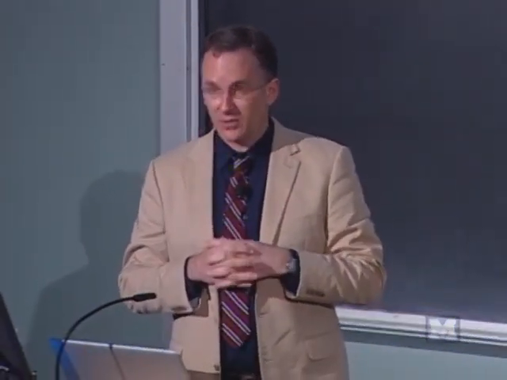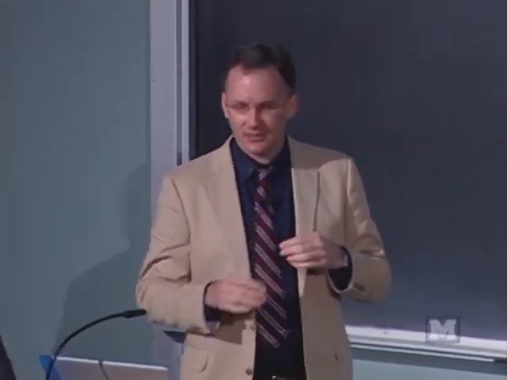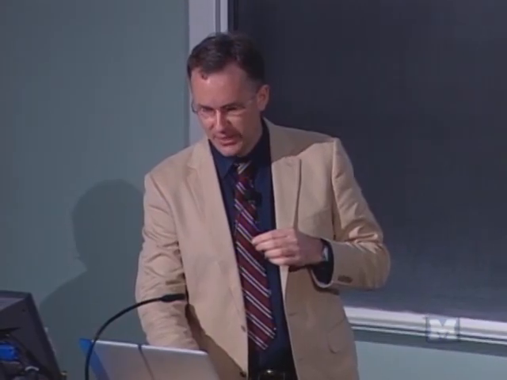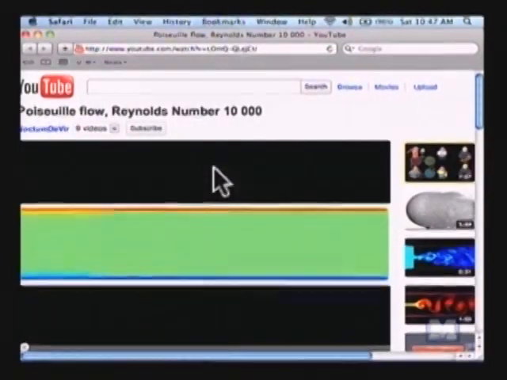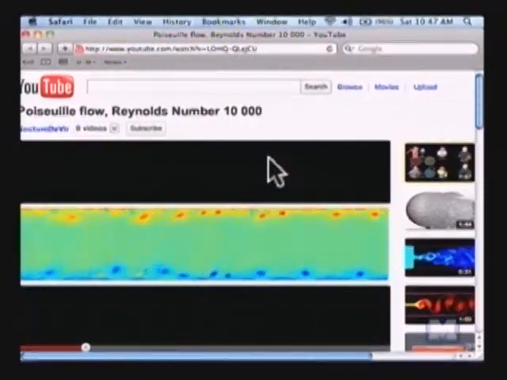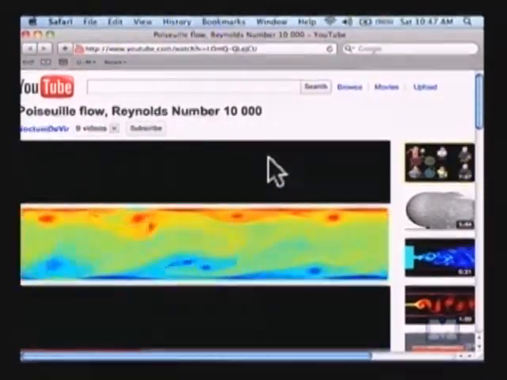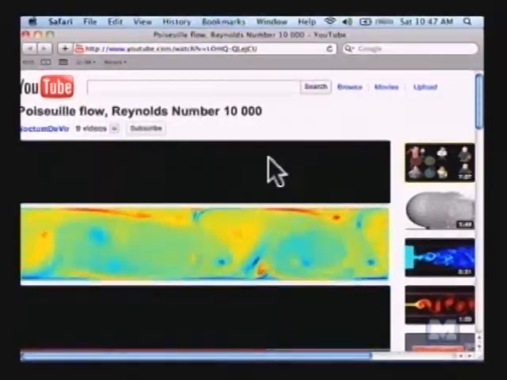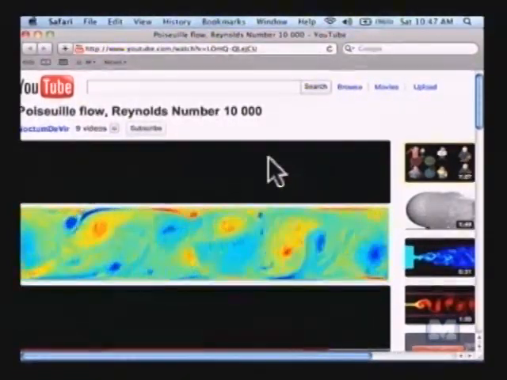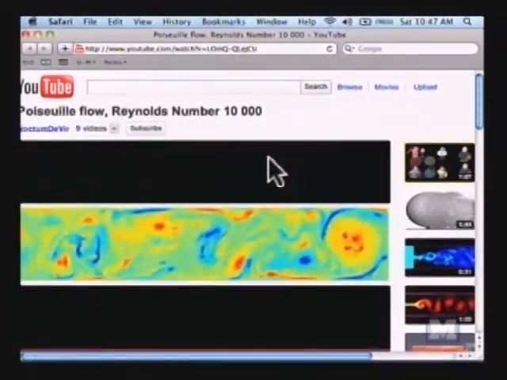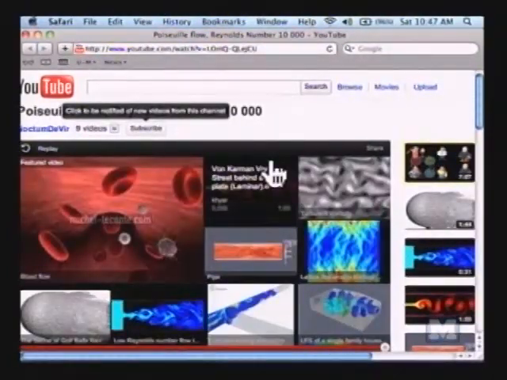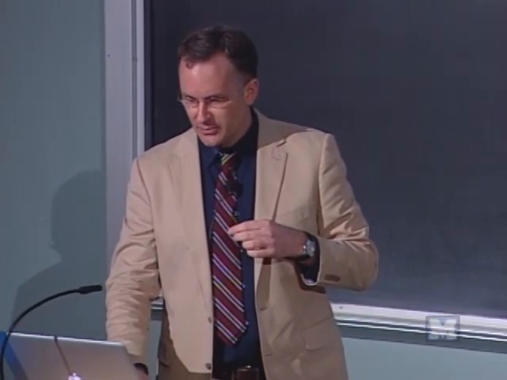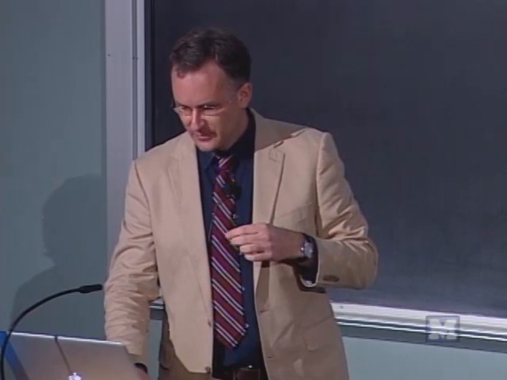Okay, so fluid flows are also nonlinear and chaotic and unpredictable. Rather than show you equations, I'll show you some animations that illustrate that very well. This is a type of fluid flow called Poiseuille flow with a high Reynolds number, which means the nonlinearities are strong compared to the friction. The Reynolds number measures the strength of nonlinearity relative to viscosity, i.e. friction in a fluid. If that Reynolds number is quite large,